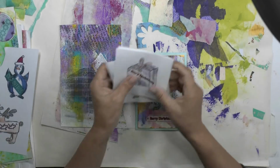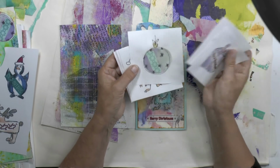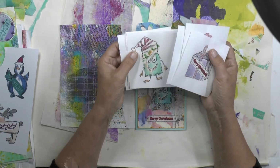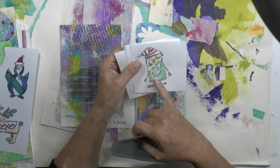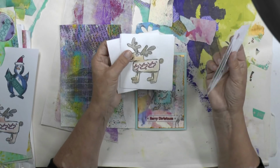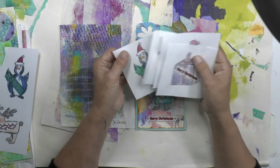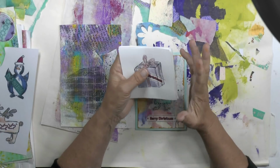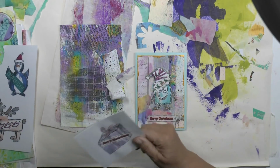Hello everyone, it's Hanny. This time with a Christmas card I made from little drawings I did. I made little sketchy drawings with washi tape, a piece of washi tape, and then draw something. This is what I draw. And I printed them out on a sheet